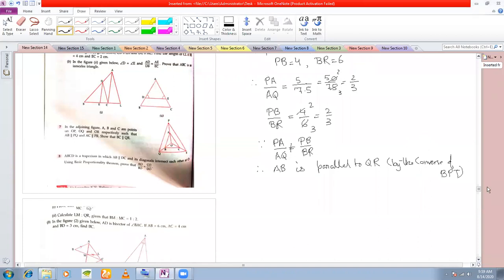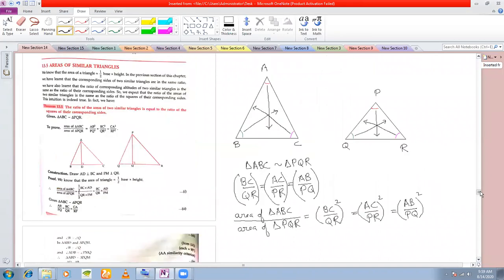Let us proceed to the relation between areas of similar triangles, as I was explaining yesterday. Now you know that if two triangles are similar, then their sides will be proportional. You know the relation between their sides. If the triangles are similar, sides are proportional. You will write the sides that are opposite to the equal angles of the triangle.